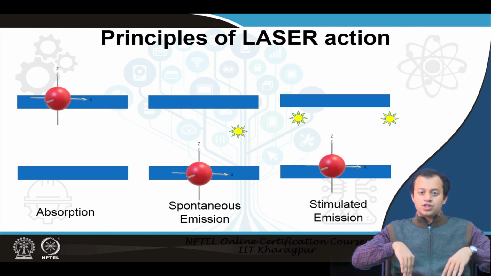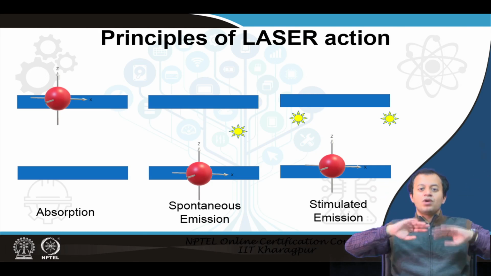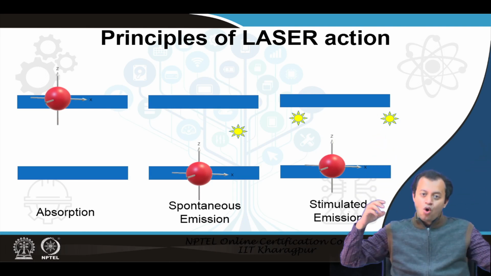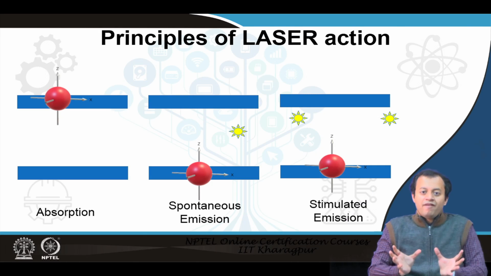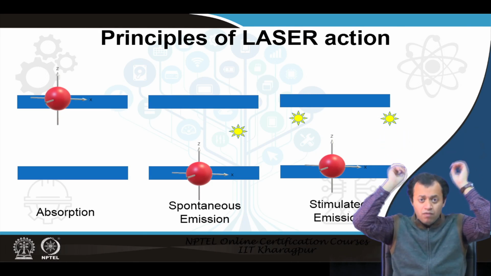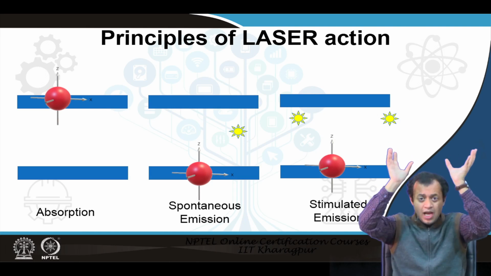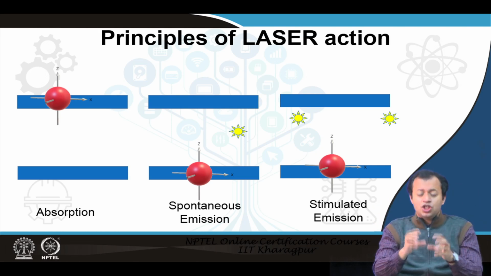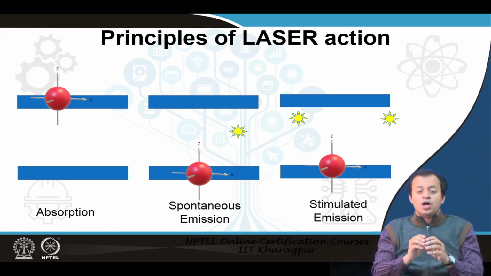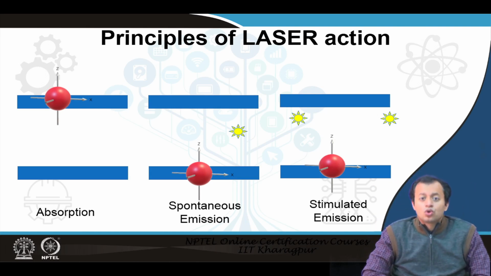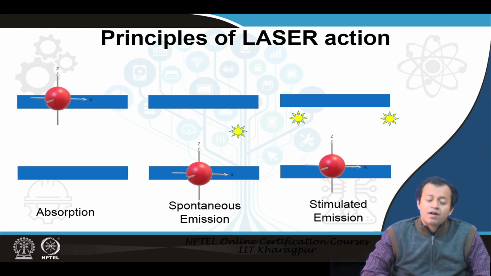Usually, there are more electrons at the lower level and fewer in the upper level. Here, we have reversed the process, where more electrons have gone into the upper level. We have sent some amount of energy, and they have absorbed it, consumed it and gone up. While they are still up, while they have not come down, we are supplying an external photon, and that makes the electron throw up. That makes the electron vomit. That makes the electron emit whatever it has consumed before.